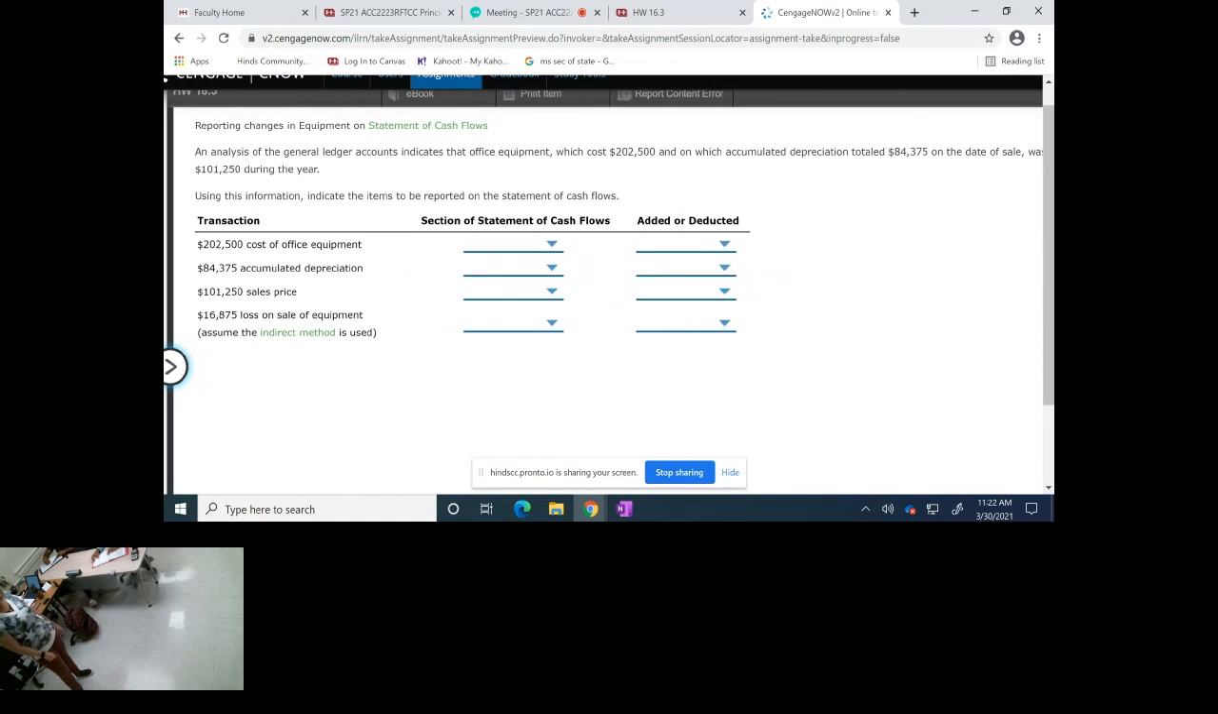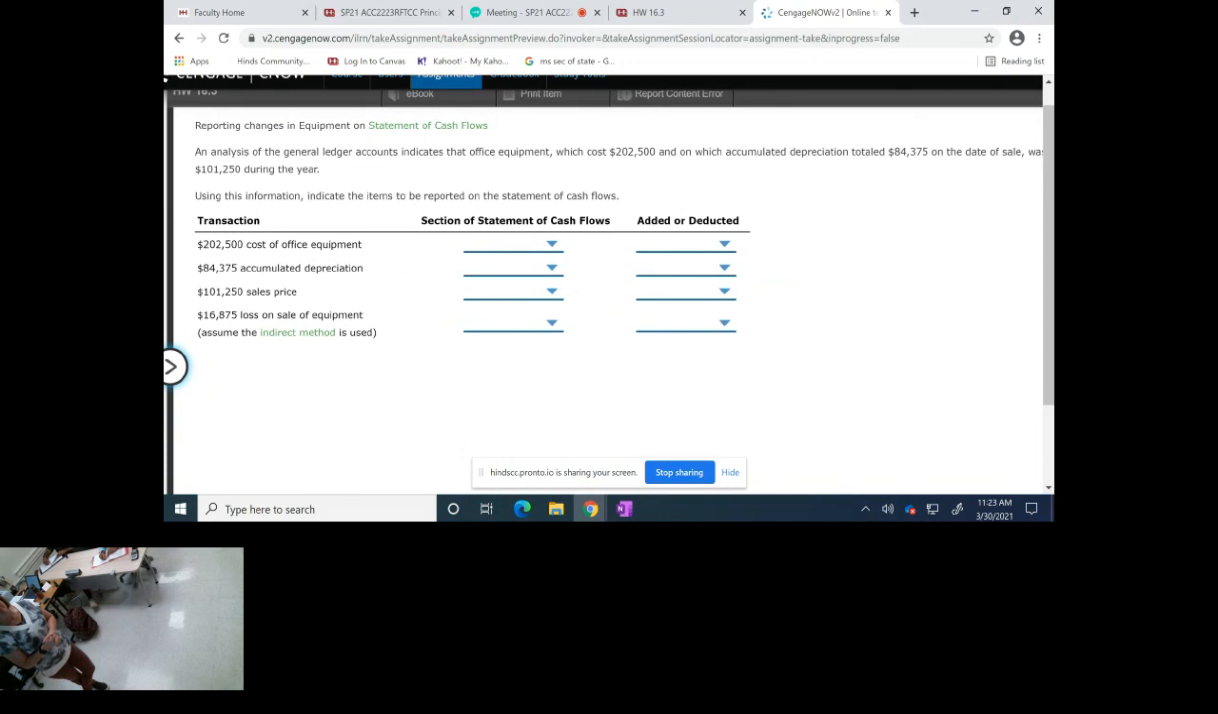Okay, an analysis of the general ledger account. Somebody look at the balance in the account, okay? Equipment has $2,025 in it. Accumulated depreciation has $84,375 in it. These are not current year transactions, or as far as we're concerned, this is not current year activity, okay? Not the cost and the accumulated, okay? We need to focus more on the sales price and the gain or loss. But they've got all this listed to check your